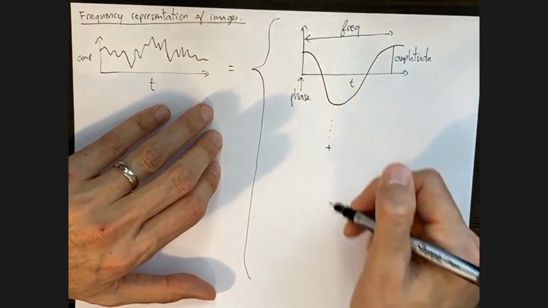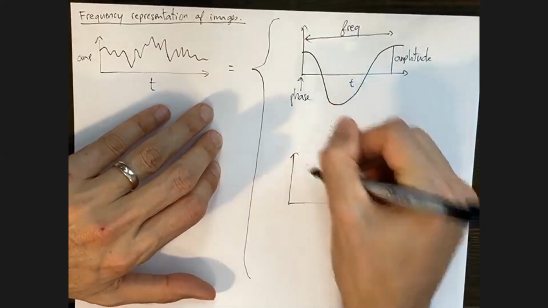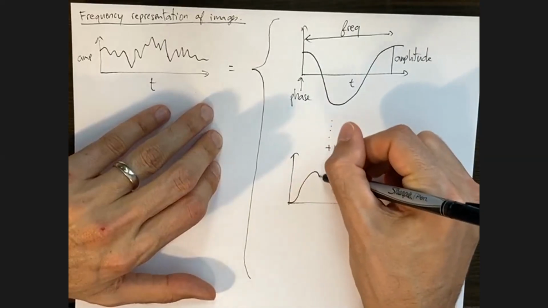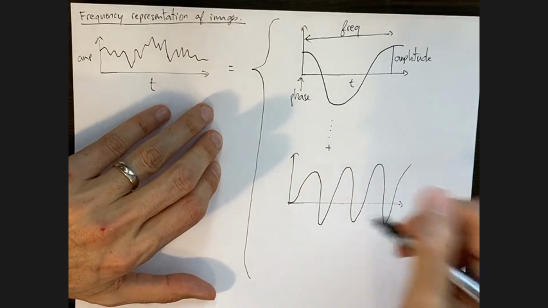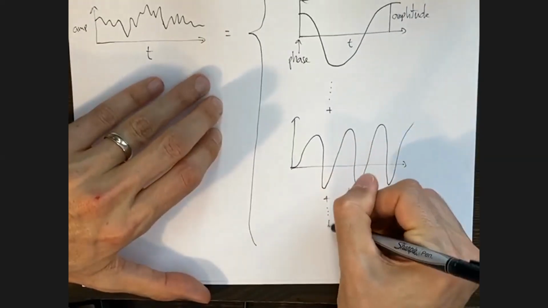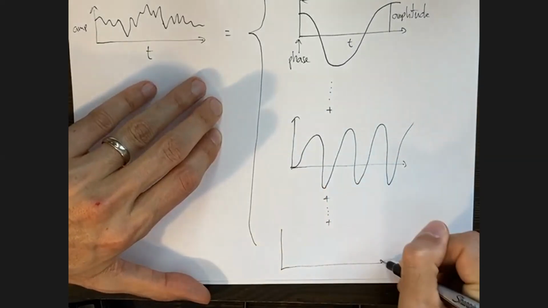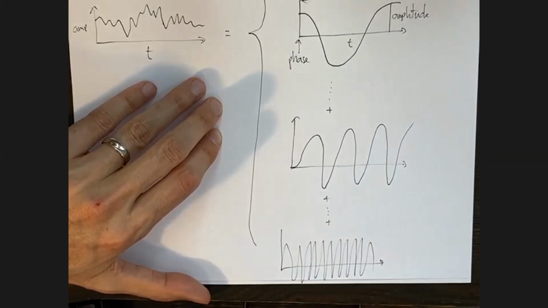So this is going to be plus, for example, this sine wave here that maybe has a slightly higher frequency, so there's more cycles per second,